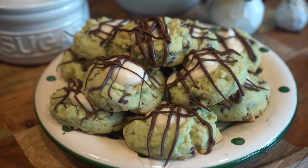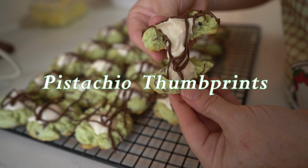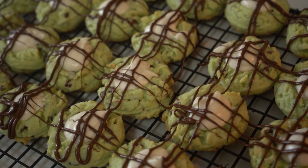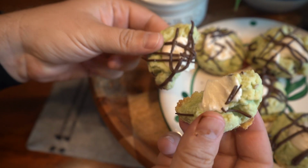My mom is an amazing baker and she's finally passing down her contest-winning cookies to me, Pistachio Thumbprints. These cookies have been in my family for a long time and we make sure to eat them every Christmas. I'm excited to share this special recipe with you because I know that my Christmases wouldn't be the same without